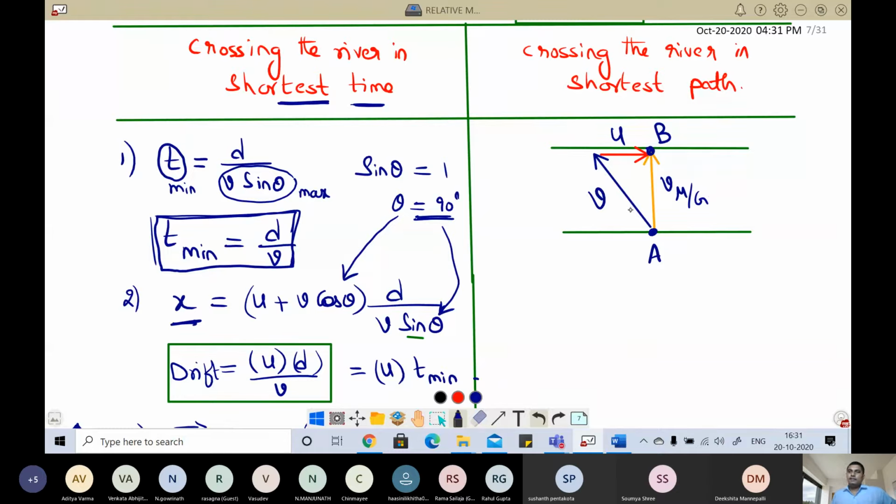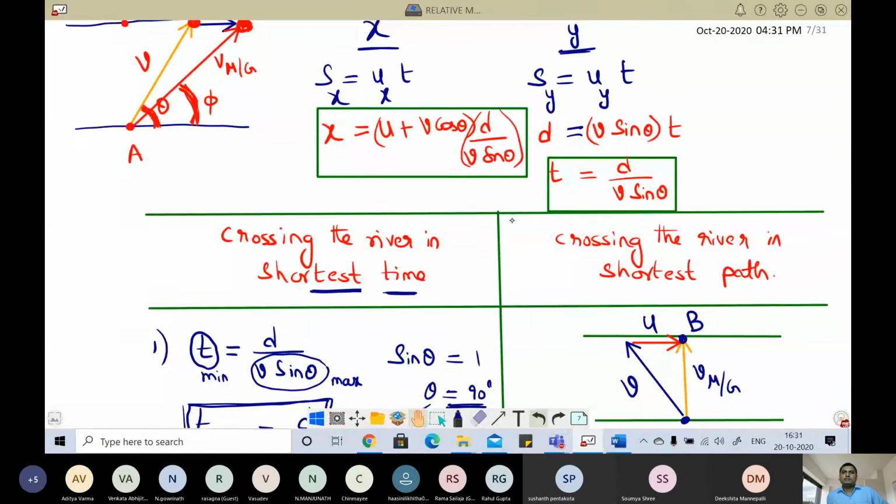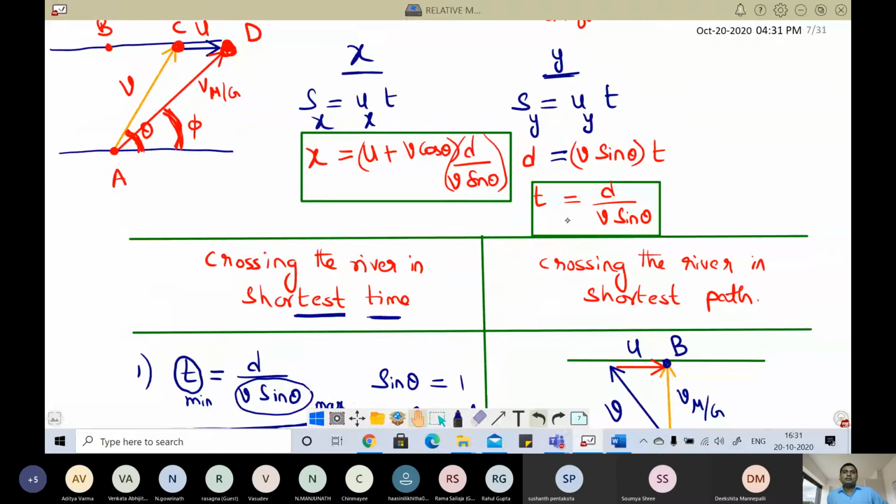So anyway, this we have studied yesterday by common sense, that you cannot reach point B if your effort is towards point B. So therefore we have to put effort to the left side. This we have understood, but right now let us understand from equations. For getting the expressions from equations, we now have two equations, time and drift.